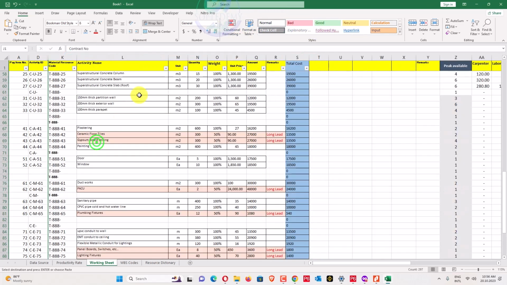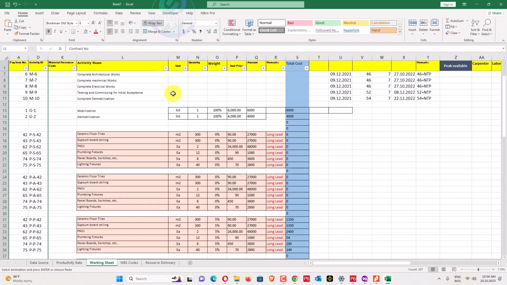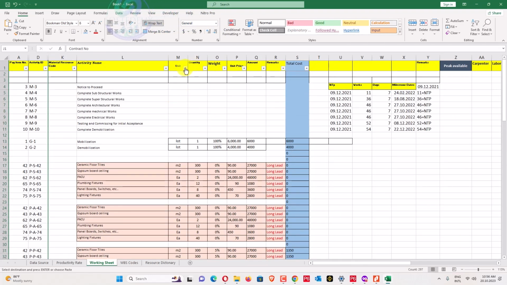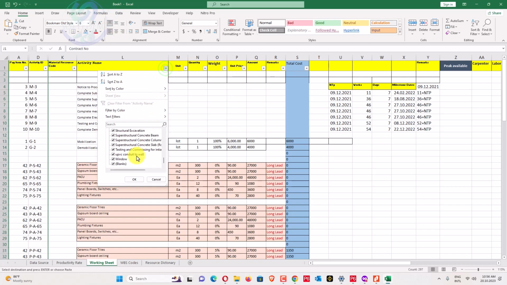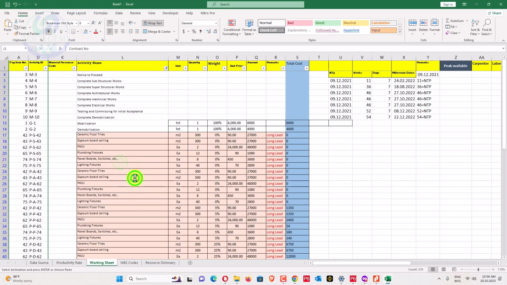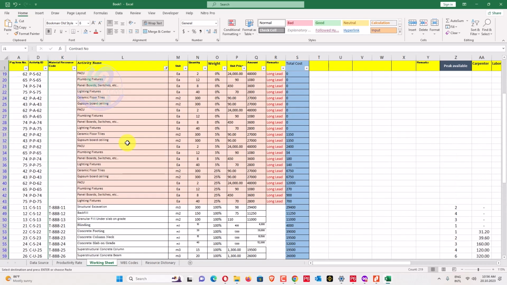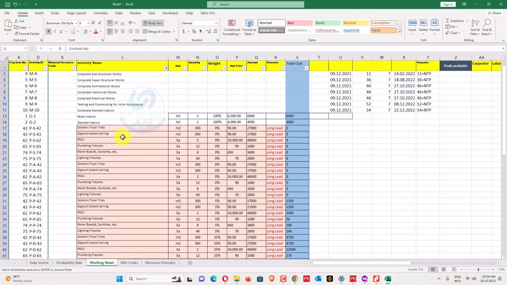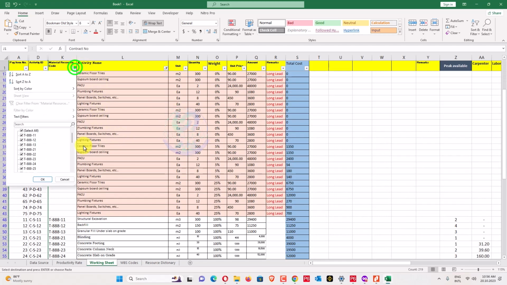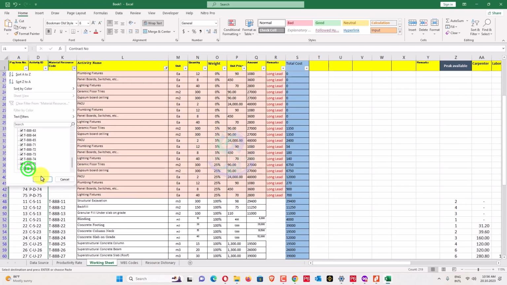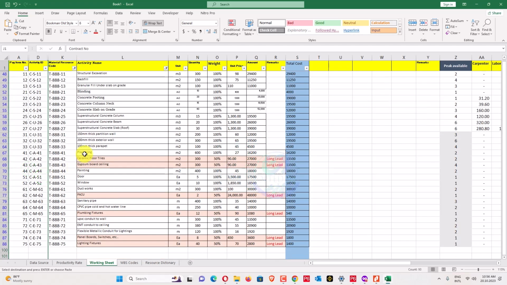Hide this one. Now this time, blanks also removed from this one, and the material ID from this one. Okay, so these are all our materials.